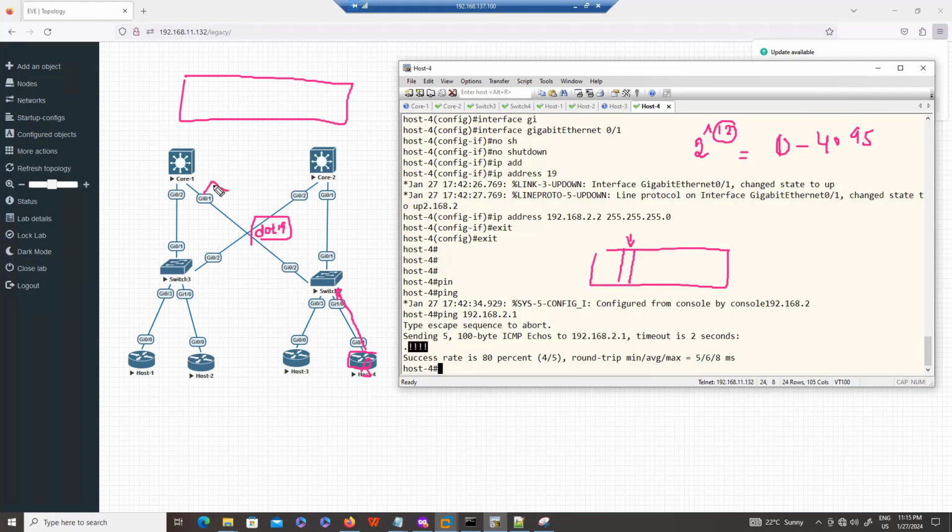That's why we use the trunking protocol .1q to carry this VLAN bit value to another switch. So if you're using a trunk port, make sure the trunking protocol is the same on both sides. If you're using ISL on one side and .1q on the other, they will not work.